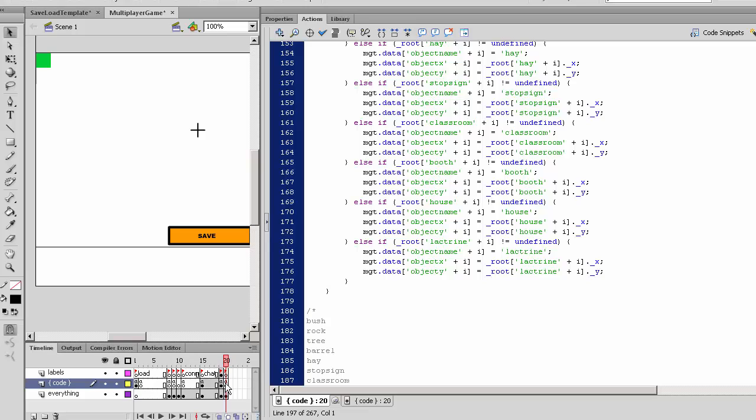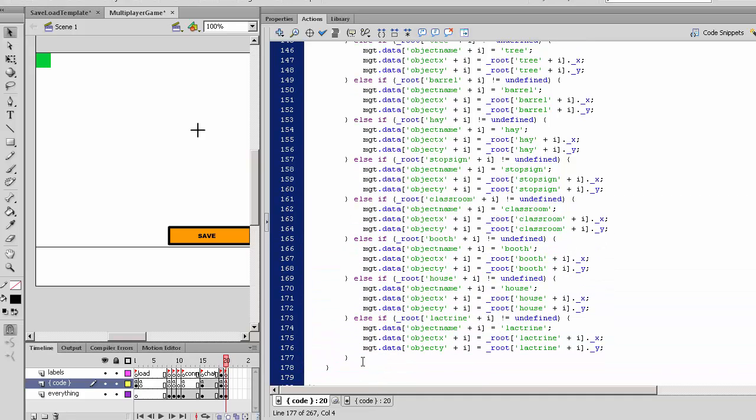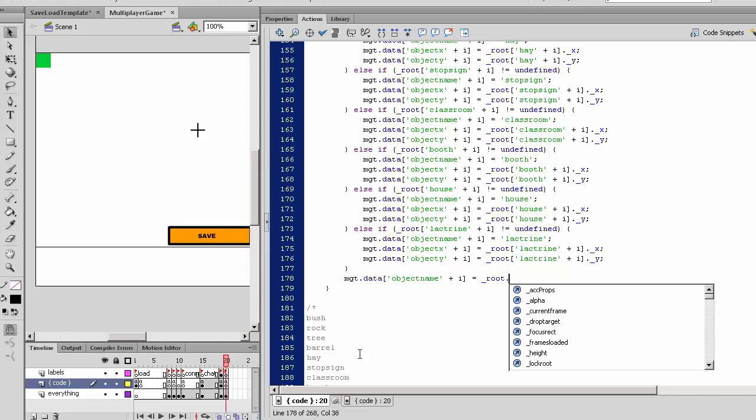So back to the scene here. Instead of having all this, let's just leave that there for now. We'll just say mgt dot data object name plus I will be equal to root dot